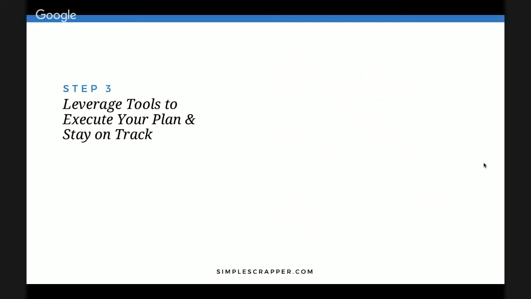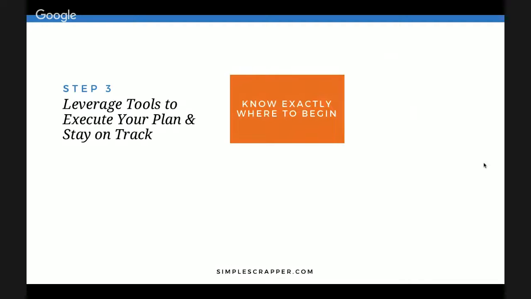All right, here. So the bottom line is that when you select a tool that really works for you, whether that's a paper or a digital tool, it will allow you to know exactly where to begin. When you sit down to scrapbook and you don't have this cascade in place, that's where you get stuck, because you're not sure which projects you're supposed to be working on, which time frame you're working on them. So it's just all kind of a jumbled mess.